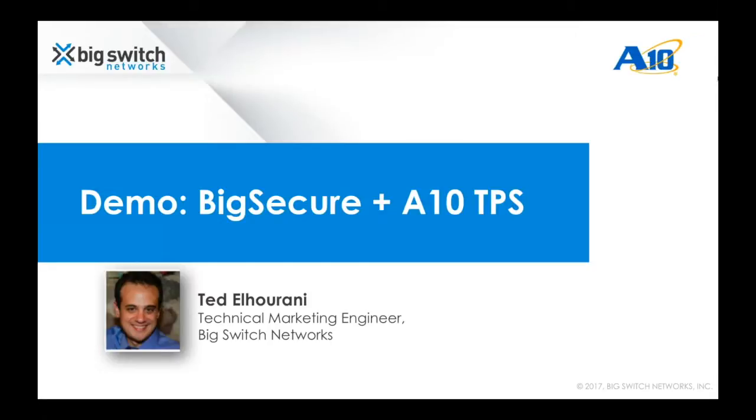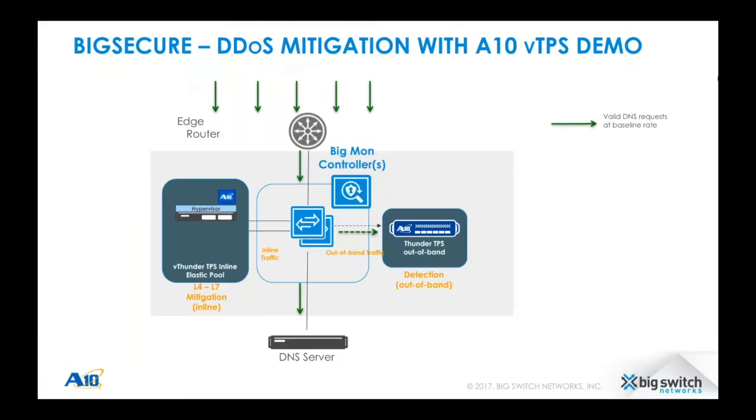Thank you, Bala. So let's go first over the setup that we have for this demo. What you are seeing in front of you is a typical scenario where a DMZ is deployed right in the middle to defend a DNS server in your system against Mirai Botnet style attacks. The green arrows represent peacetime traffic flow. These valid DNS requests come through the edge router,